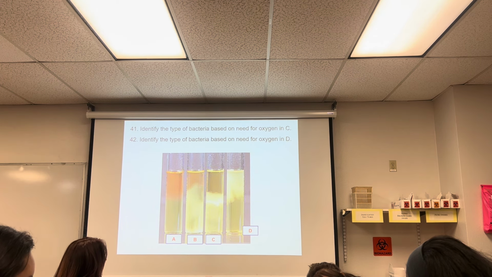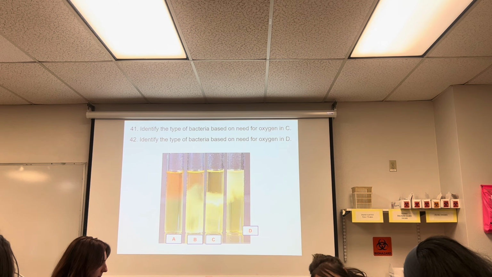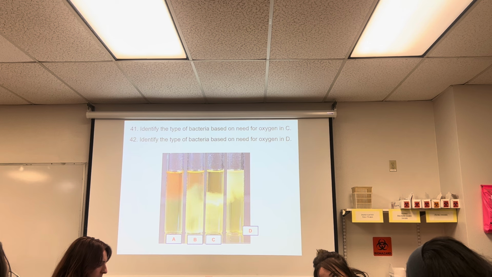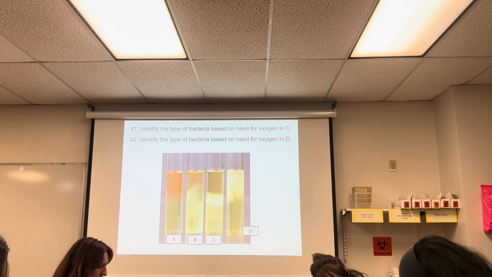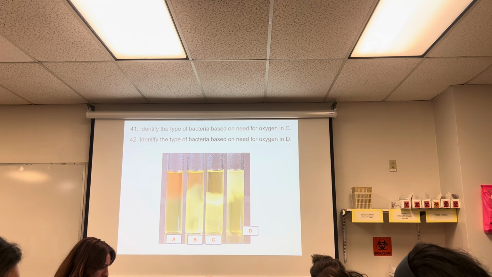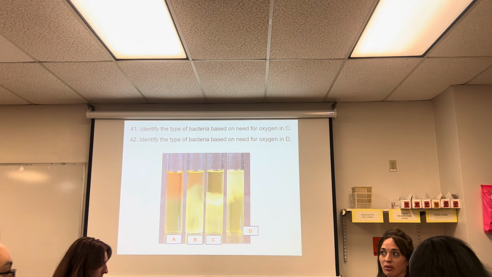That one grows in the middle, Doc, not at the very top, not the very bottom. Okay? So if it grows throughout the tube, but there's more growth at the very top, what is it? It prefers oxygen, but grows with or without it. That's facultatively anaerobic. And if it grows throughout the tube equally, it's an aerotolerant organism. Questions? Wait, so what's the difference between B and C? It's just, is that orange at the top? Yeah, but there's no difference. They're the same growth pattern.